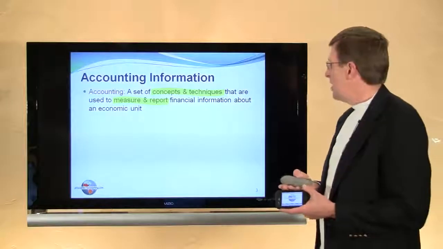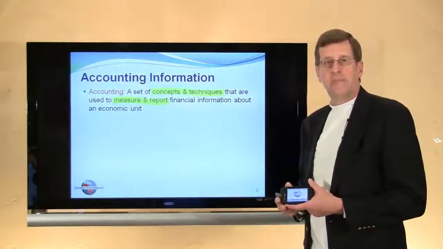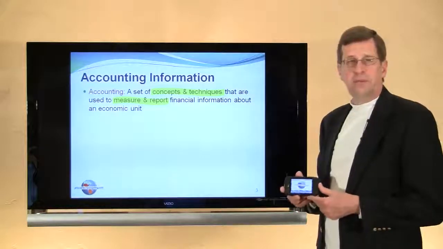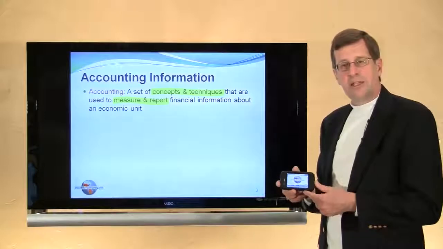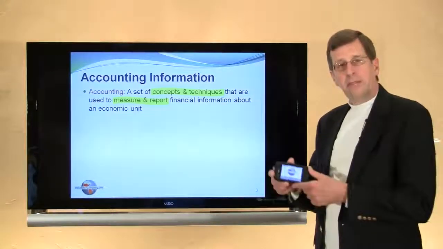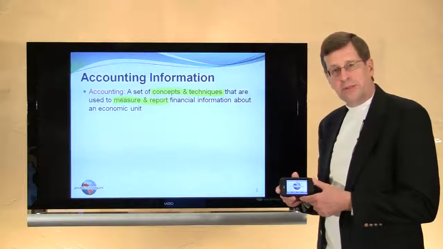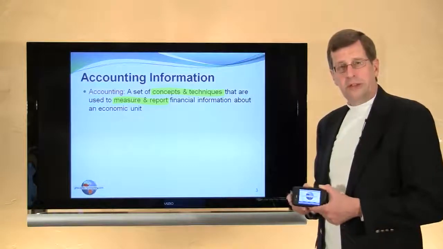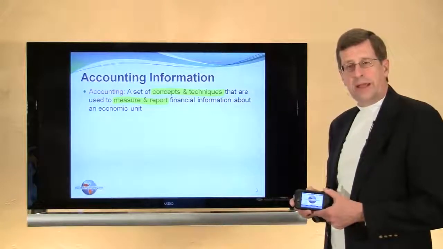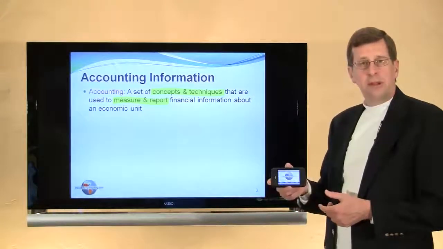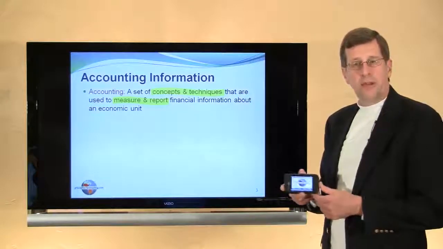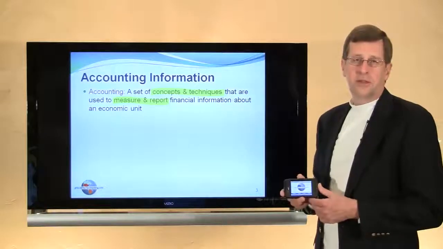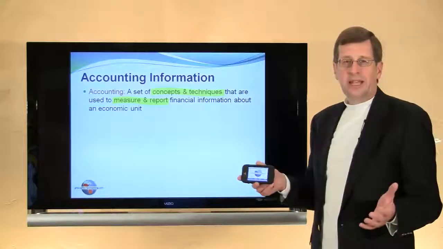I want to use this device to demonstrate the point that I'm trying to make about measuring and reporting. If you think about the company that deployed the huge investment to put up the cell towers and create the technology to allow these devices to occur, and the process by which they recover that through sales. You see, you've got a huge investment up front that's going to be recovered later through a revenue stream, and that revenue stream becomes very complex. If you perhaps buy an item like this for a nominal amount, $100 or $200 or $300, that's perhaps well below the company's cost to produce this item, and certainly doesn't consider the huge investment in infrastructure that supports these devices.